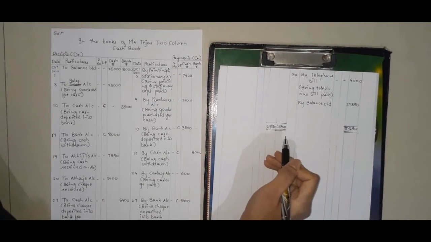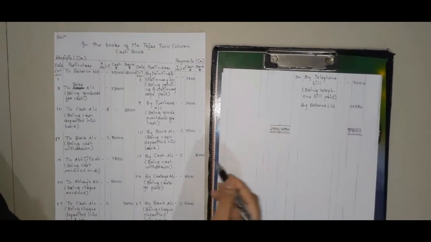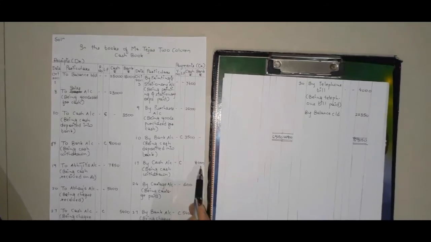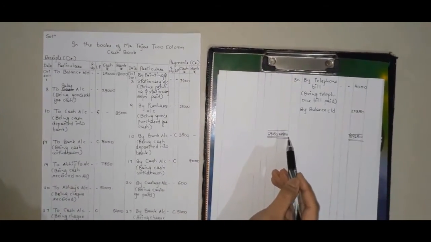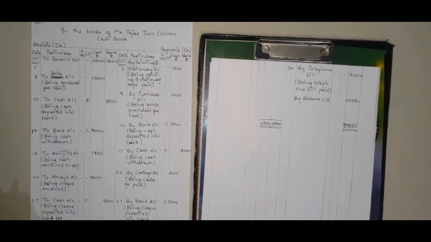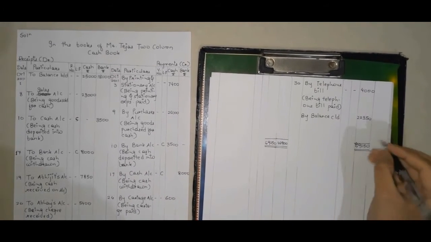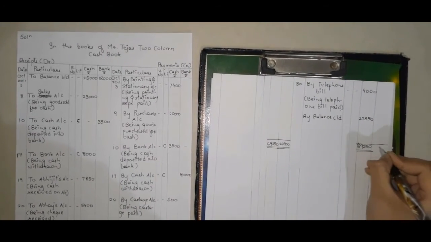Obviously the bank column of receipt side amount is greater than the amount of bank column of payment side. So what you have to do is, you have to subtract this 8,000 from 26,900. So you will get the amount carried down to equal the bank column of receipt side's bank column. Okay. Now subtract 8,000 from 26,900. Now we will write down the amount over here,